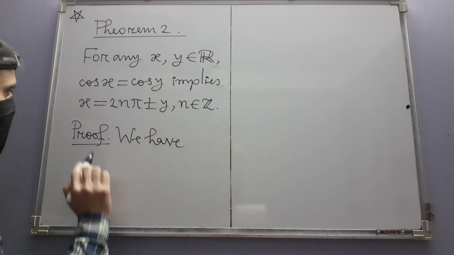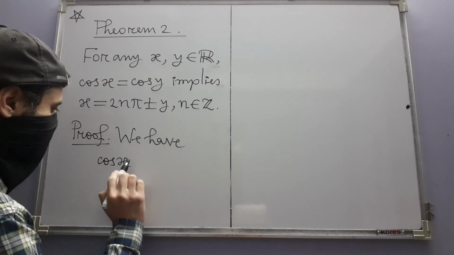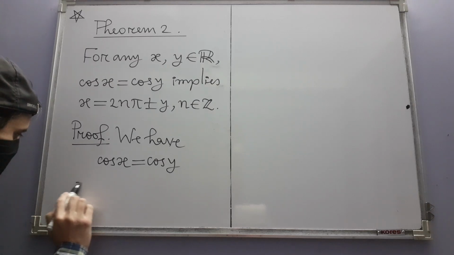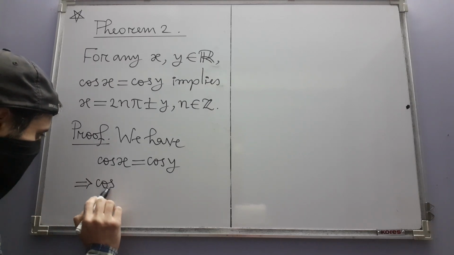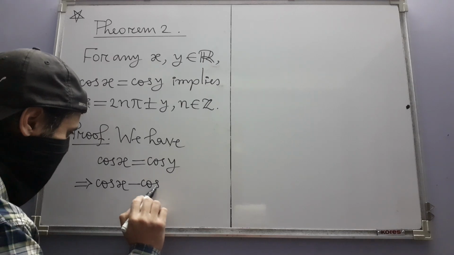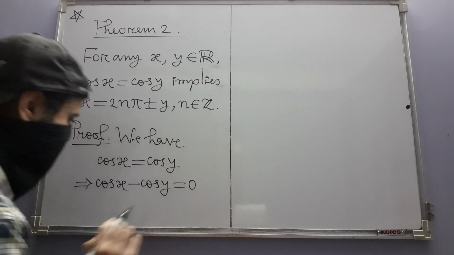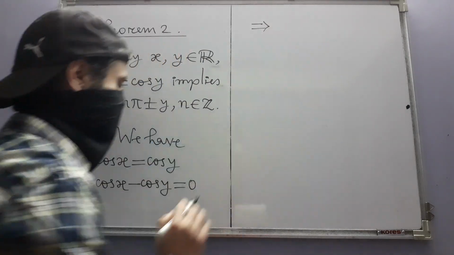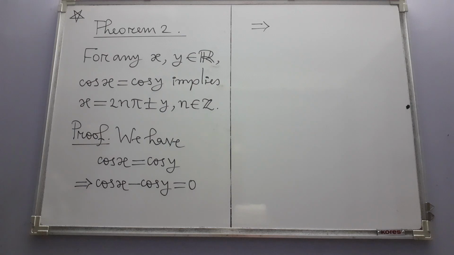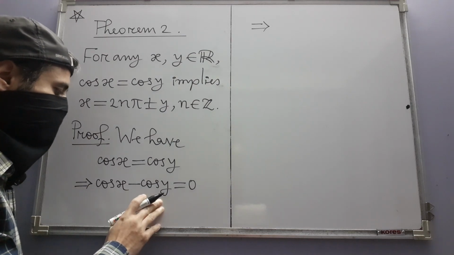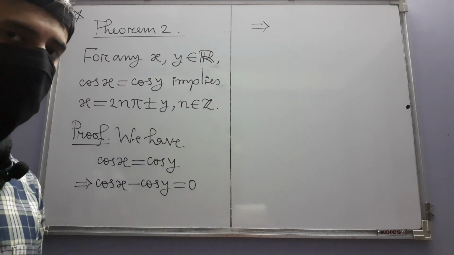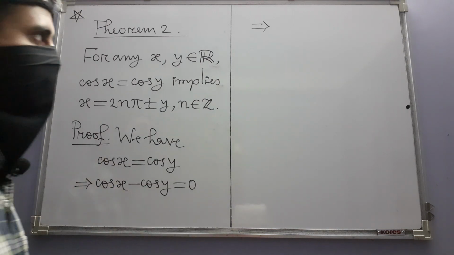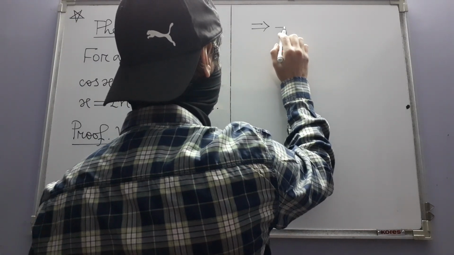We have cos x equal to cos y. So that implies cos x minus cos y is equal to 0. So now we can use our cos A minus cos B formula. Because we have cosine, so both the factors will be sine, with a minus sign in front. Okay, so you recall that formula, we will get this minus of